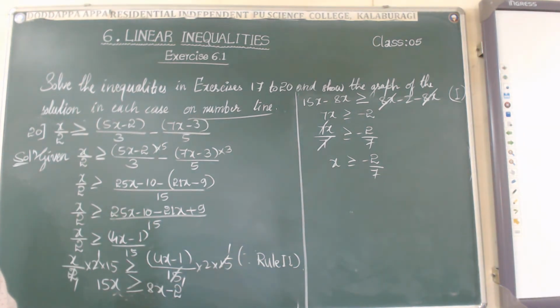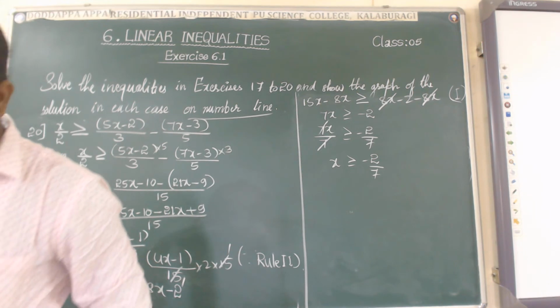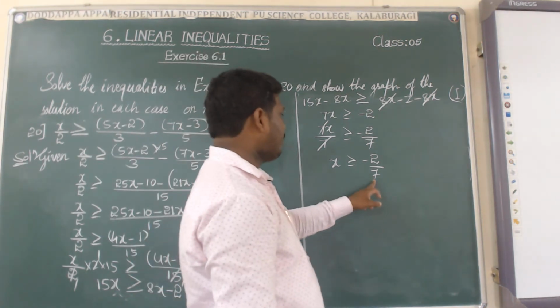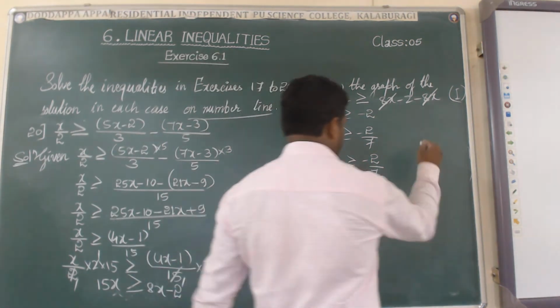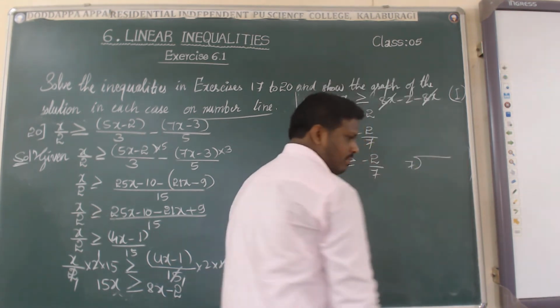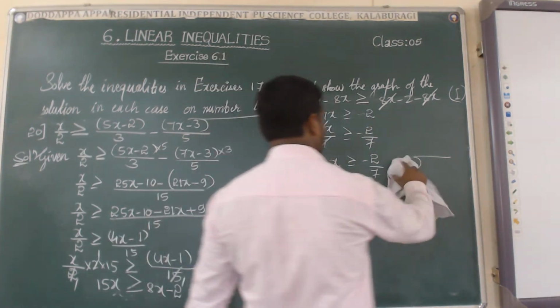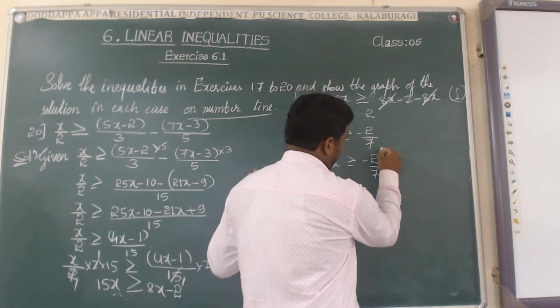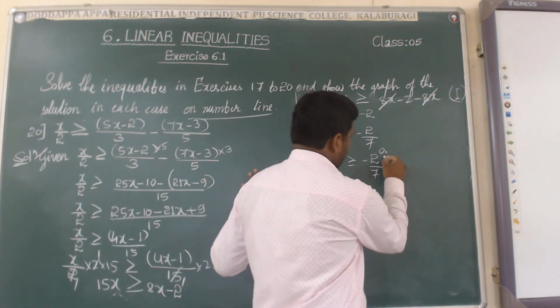Then we have to write the value of x on the number line. So how can we represent this solution on the number line? That is important here. How can we represent this one on the number line? Simplify this one here, negative will be coming. So directly we have to simplify here only. If you are not getting it, don't go for division form. In the 7 table, 2 will not come, so I will take 0 point. So what will come? 0 will come.